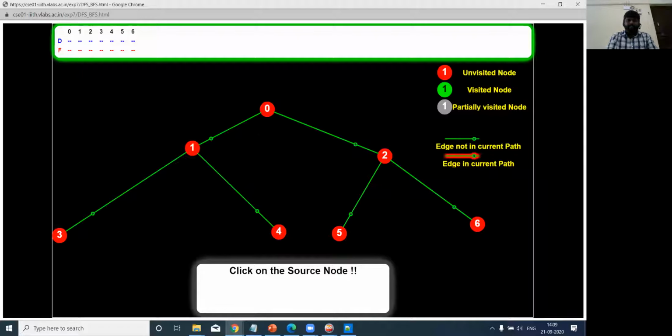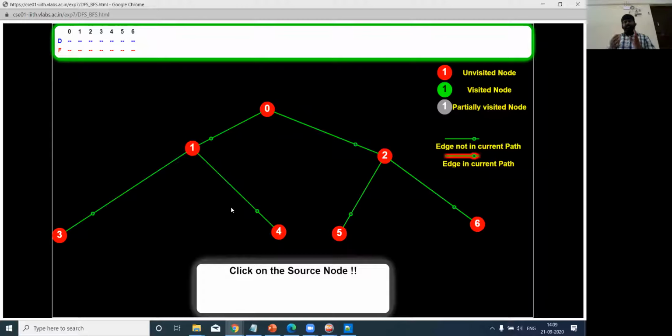When we talk about depth first search, first we need to select a root node and then it will go to the first child. Once it reaches the first child, again it will search for its child. Again if it reaches its child, again it will go for its child. So the depth first search will first completely move until it reaches the leaf node, and then after every step it will go back one step, backtracking, and then it will try to find its successor.